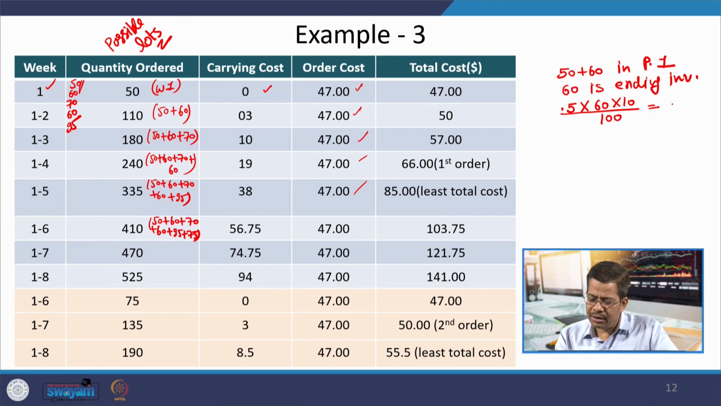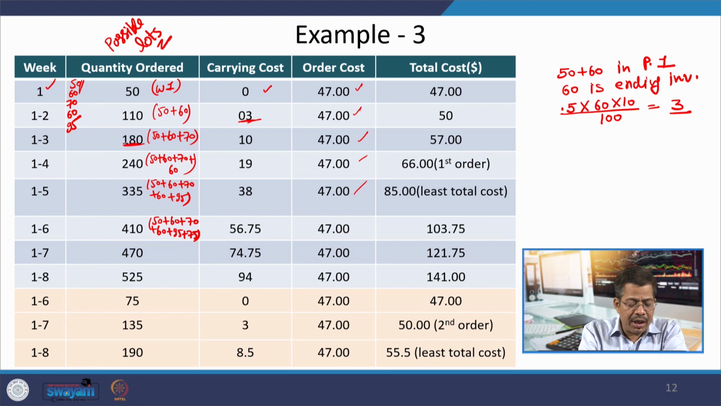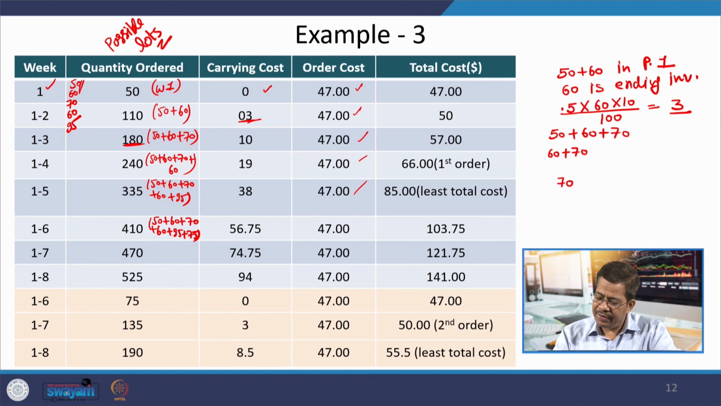So, you get 3 rupees as your inventory carrying cost in this case. Similarly, if you are keeping 180, so in this case 50 plus 60 plus 70. So, here you are keeping 60 plus 70 for 2 periods and 70 for 1 period. So, in fact, it is 50 plus 60 plus 70, 130 into 10